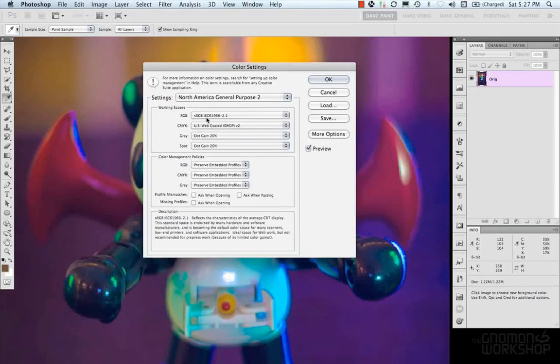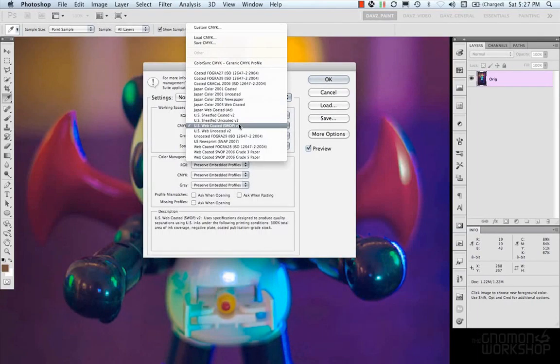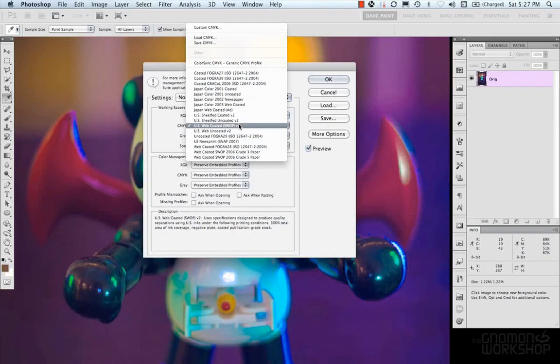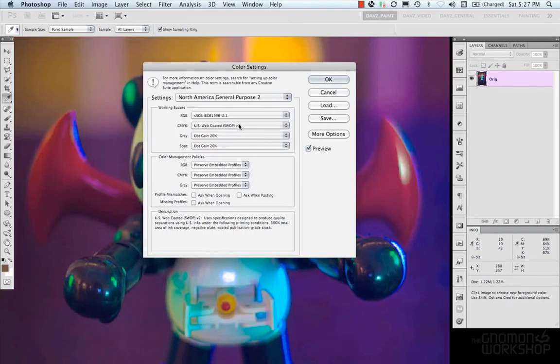You could get more specific on some of the working spaces if you have more knowledge about these, especially if you get into printing and you know your different color settings and your profiles. You can go ahead and use that depending on the printer that you're working with, and so on and so forth. And then there's your management policies, which means you could turn them off, you can preserve embedded profiles when you open them, or you can convert them to whatever your working space is, which is your sRGB working space. So that means if there's a file that isn't your sRGB working space here, it's going to either automatically convert it or preserve it,